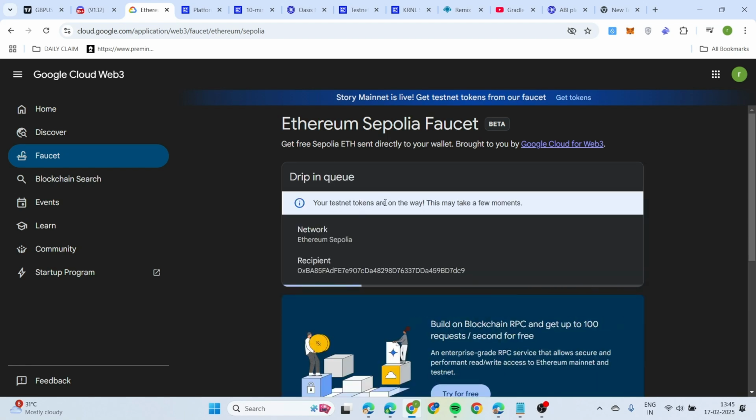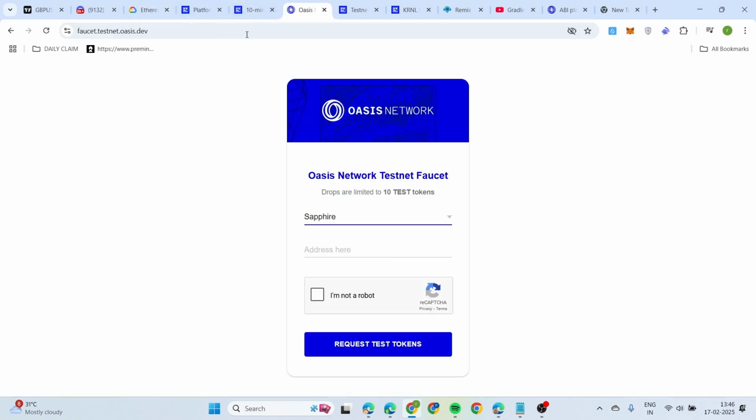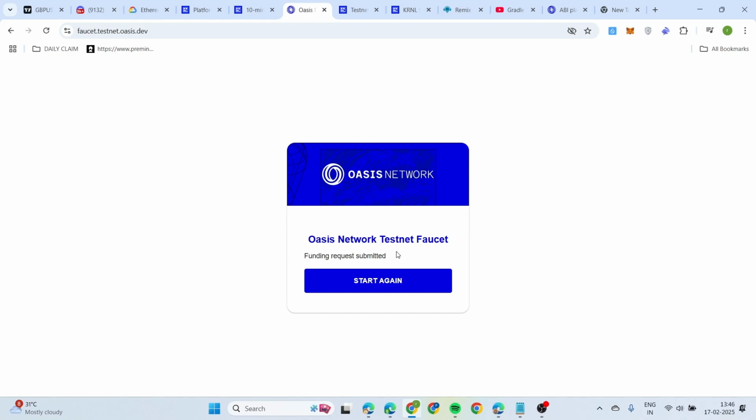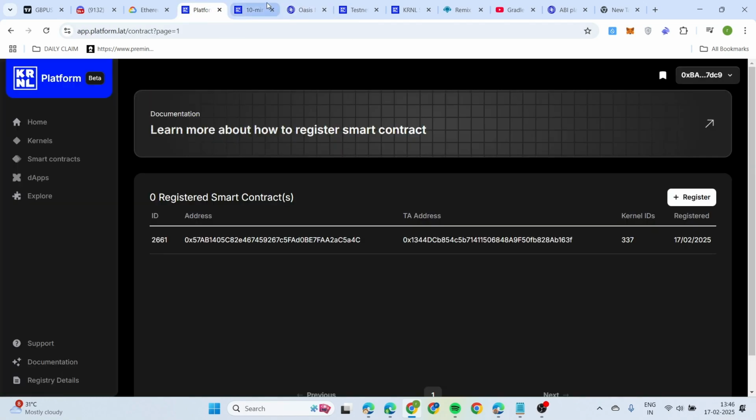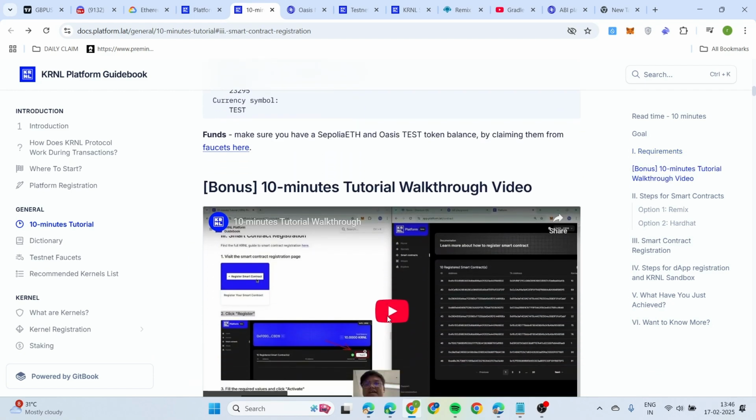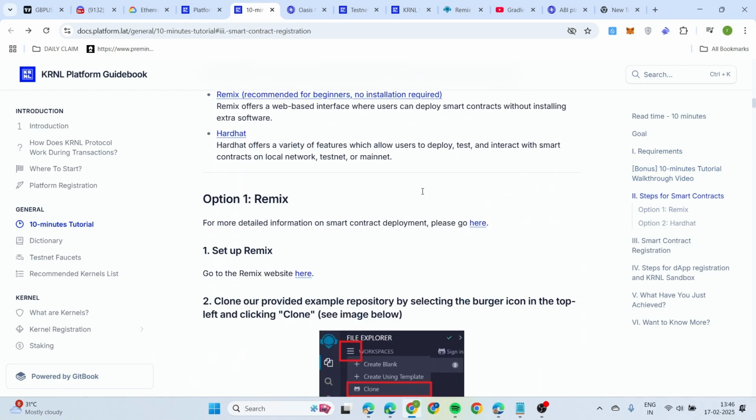Okay, testnet tokens are on the way, and then you have to come back here. This is the Oasis Sapphire testnet faucet link. Just select the Sapphire and then paste the address, same address. Just click I am not a robot. Request test tokens. Funds will be credited shortly. Just open this page. Okay, now you have collected the faucet, and the next step is you have to open